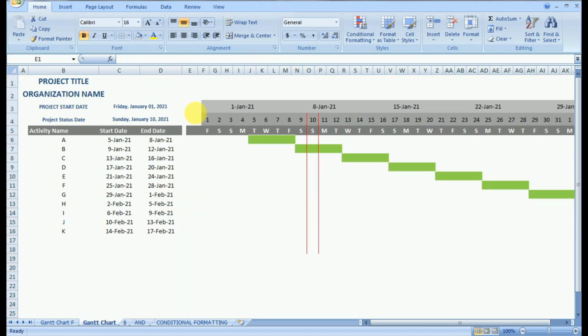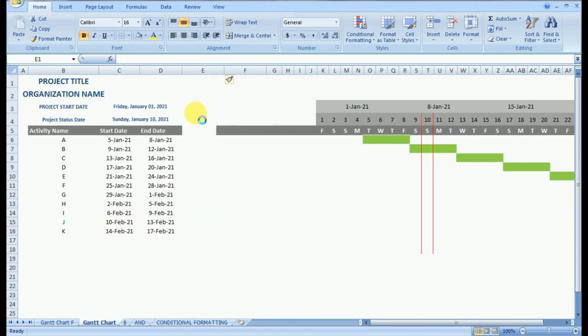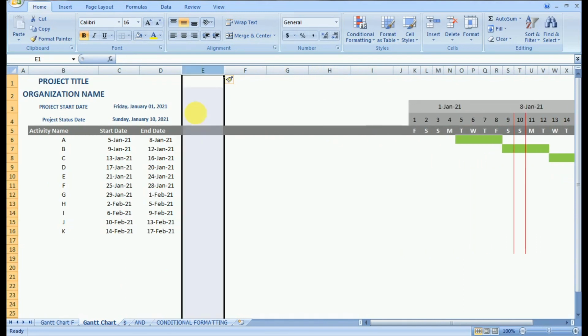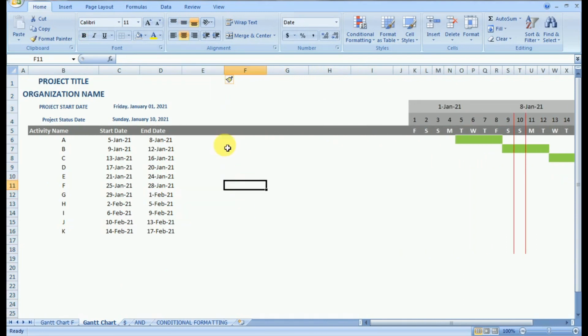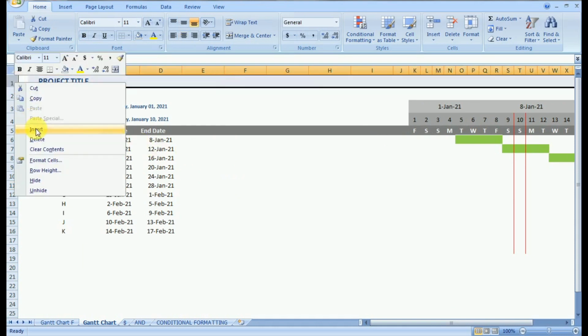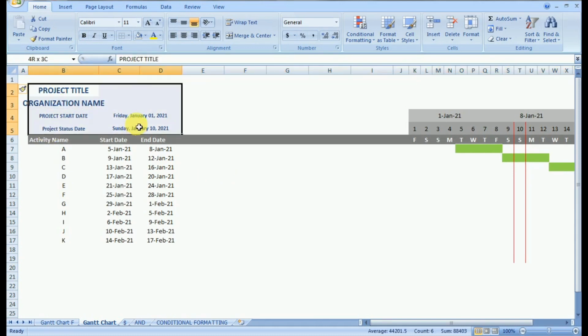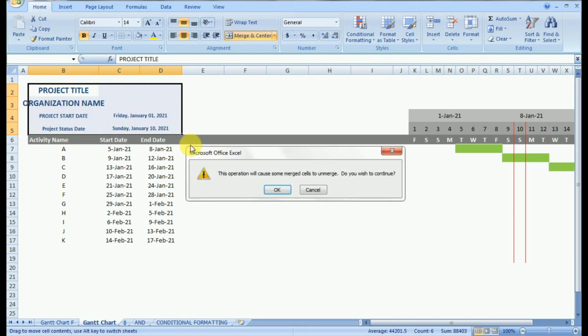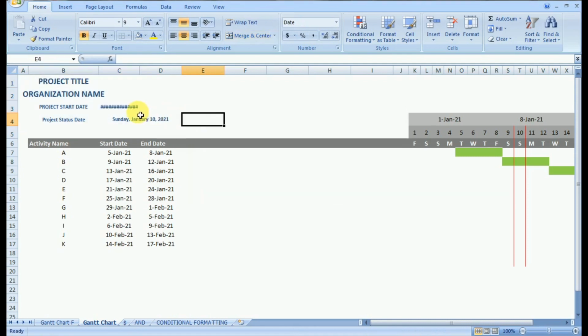So to add more columns, we will select E, and then you can press Ctrl plus Shift plus sign, or you can directly right click and click on insert. Now we can add one more row at the top and can move the entire first 4 rows to the top so that we get more space.